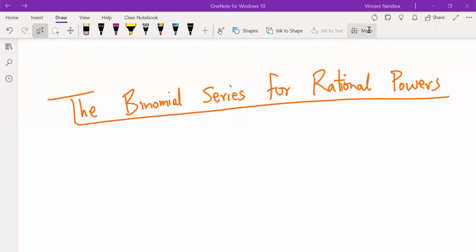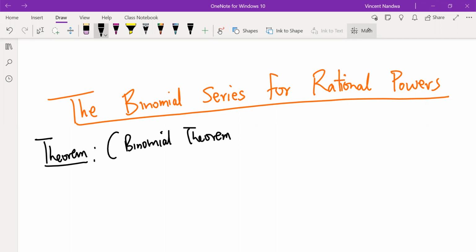Welcome. We are going to discuss the binomial series for any power, not necessarily a positive integer as we saw in the previous case. So, a statement or theorem. The binomial theorem. This one states that